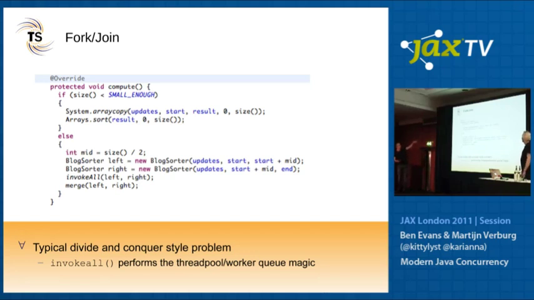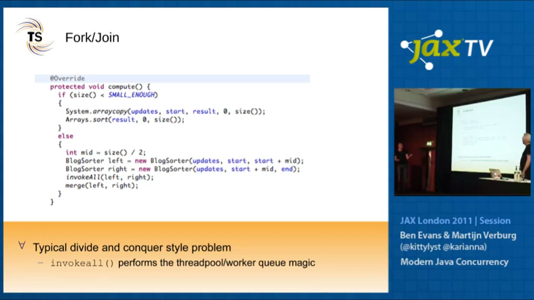So what we've got here is a typical divide and conquer problem. If people remember quicksort from their computer science at university days, right? So this is kind of a rough parallelized version of quicksort. So let's say, for example, you're trying to sort a couple of 100,000 tweets from Twitter, right? So if your size is arbitrarily small enough, then you can just use the good old arrays sort method to do that for you. However, if the size of the array is deemed to be too large, you split the